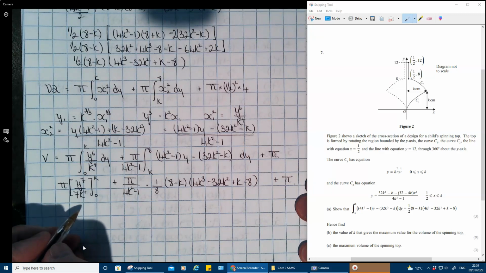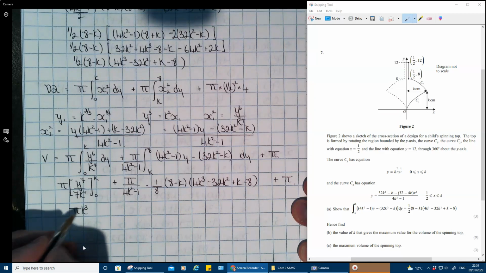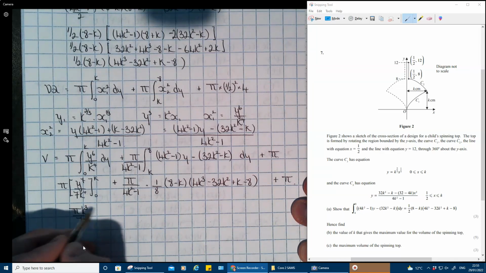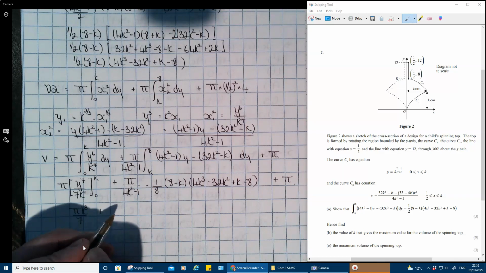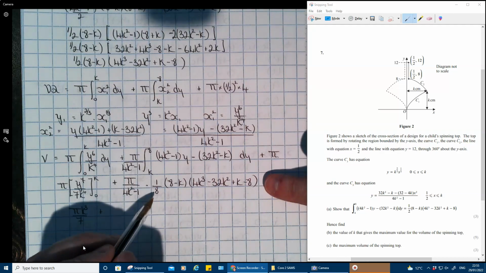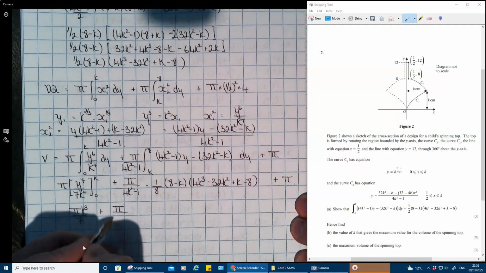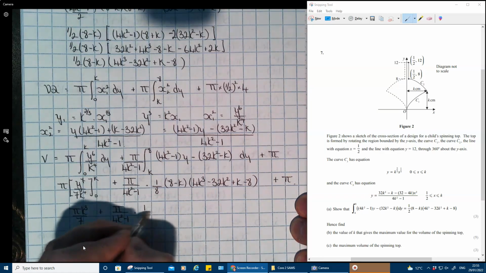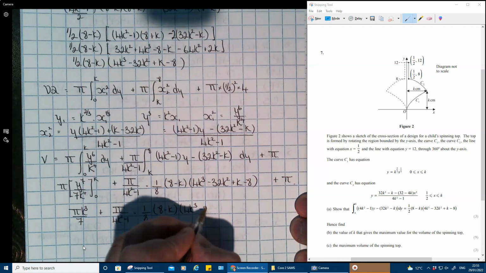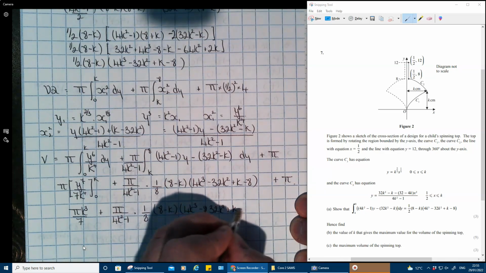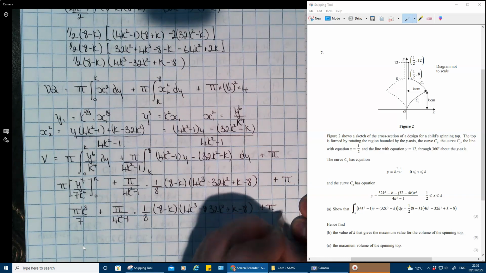So where are we going now? First part is pi, k to the 7 over k to the 4 is k cubed over 7, plus